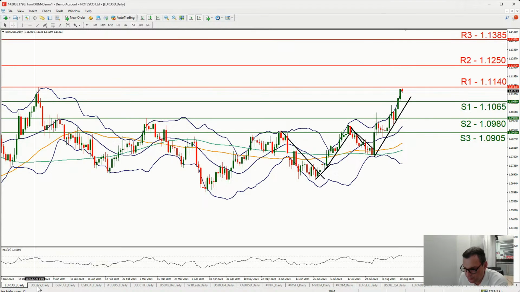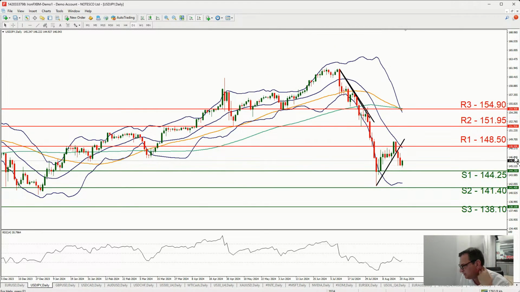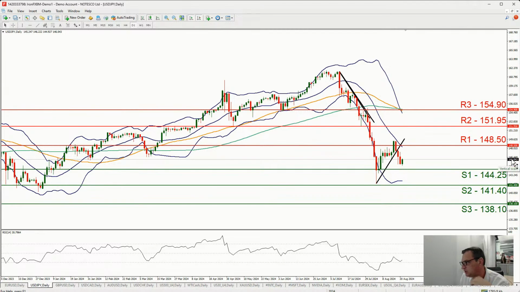Let's have a look at USD/JPY. Now, JPY traders on a fundamental level, I would note two issues. The first would be the financial releases of Japan tomorrow during the Asian session. We're getting the preliminary PMI figures for August. Now, on the preliminary PMI figures, I would be concentrating mostly on the manufacturing sector.